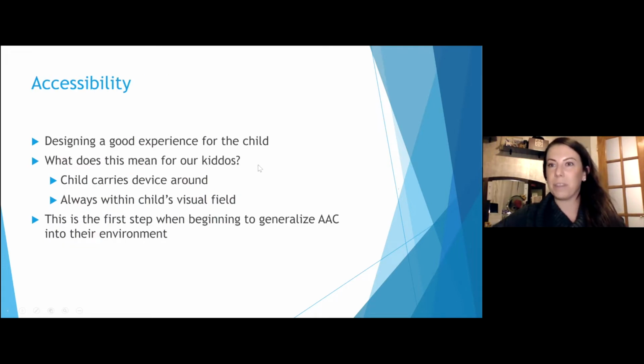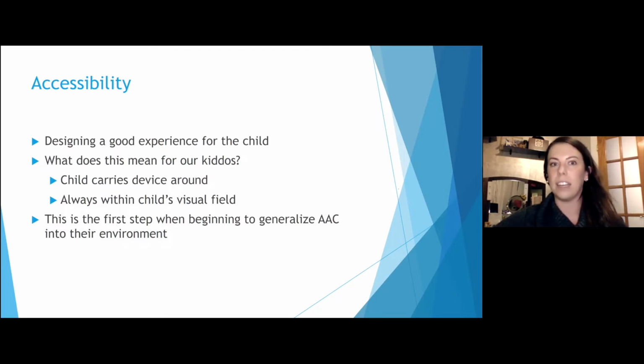So from there, okay, you're considering AAC. Now you have this great device, or this wonderful visual and all of the support, and it's sitting at the top of your kitchen table and it's not accessible to anybody. That's not necessarily going to be supportive. So looking at accessibility is the first thing I do when I go into a child's home or work with a family or someone who uses AAC. I ask, how can they have access to their device? Where does the device live?